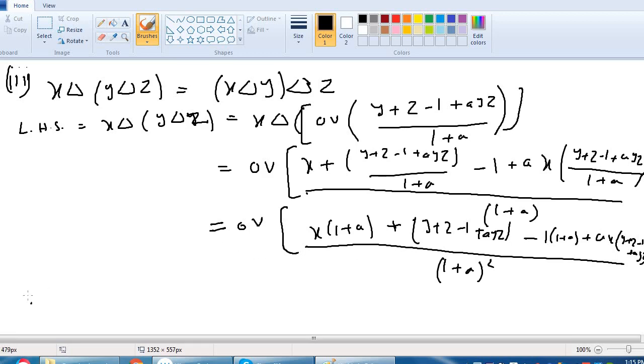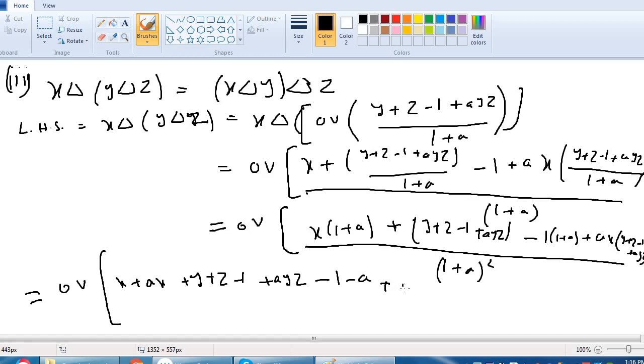If we write here, this will become 0 union. We multiply x with 1 plus a, we get x plus ax plus y plus z minus 1 plus a y z minus 1 minus a. We just multiply the 1 here, and here we multiply ax inside, we will get